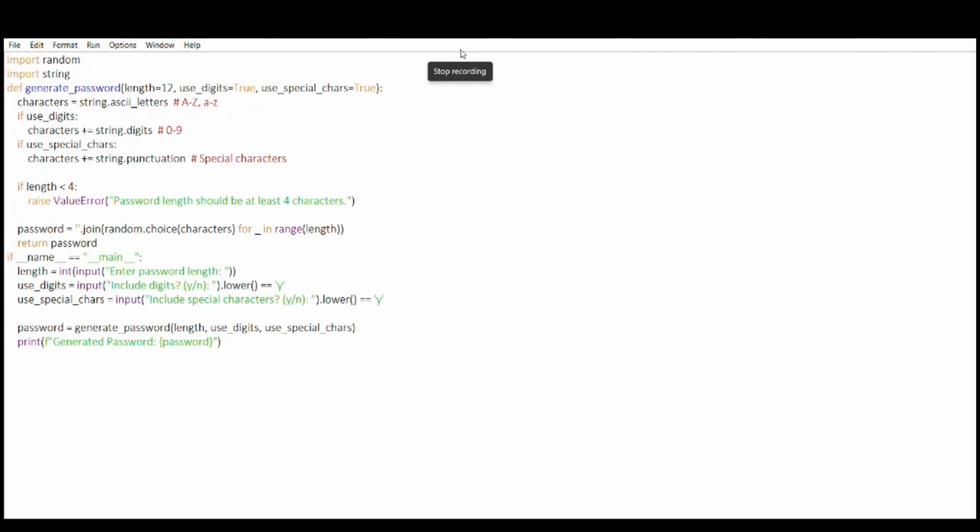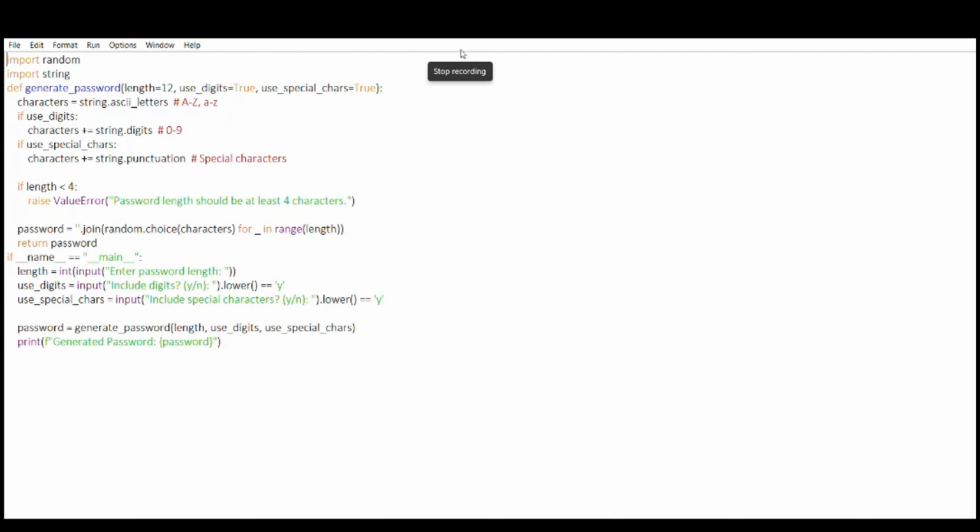Here I have mentioned length equal to a default value, which it takes if no length is given. use_digits equals True means that if I didn't mention the use_digits parameter, it takes the default value True. I have included use_special_characters also, with default parameter True, and then I have created a variable characters that stores all ASCII characters